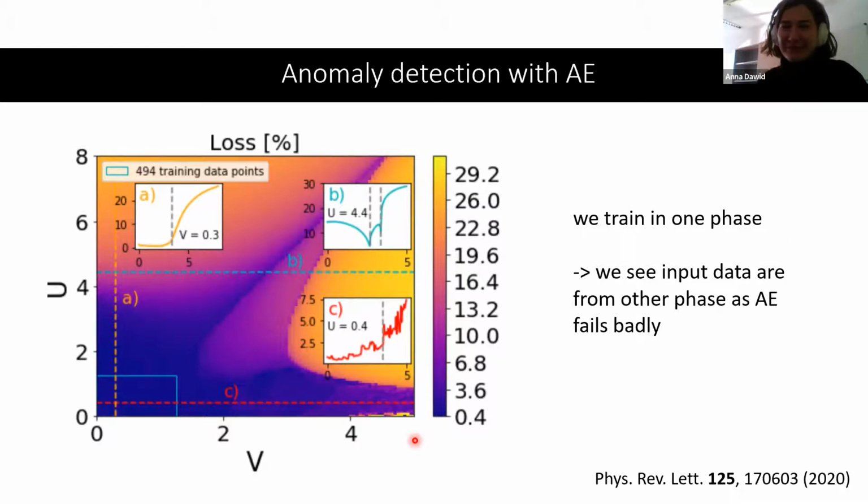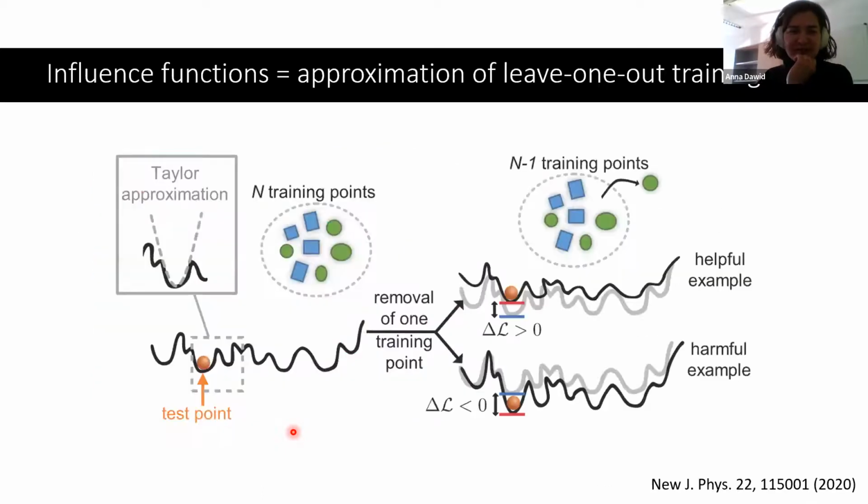But I told you this paper is a little bit technical in a sense. It's a series of different approaches. One wasn't working, so we were looking for something else. But I believe that this will be the final approach in the end. Machine learning for physics will be a series of tools, and you need to know when to use one over another. Okay, but the final tool, which is my favorite tool, is influence functions. I think I already explained to most of you what these are, but to some of you who are still not familiar, I'm happy to explain it.